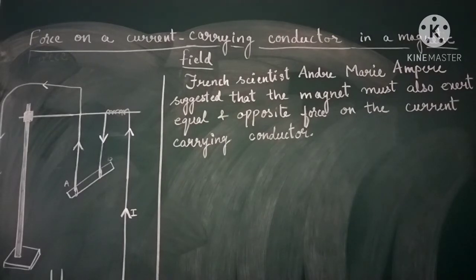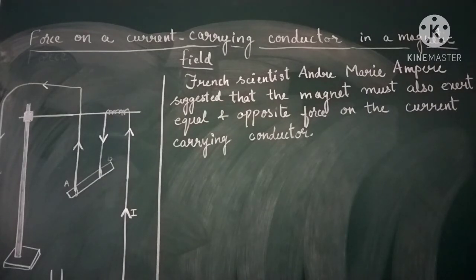Now the same thing got just reversed here. André-Marie Ampère thought that the reverse should also be equally true. That means that whenever a current carrying conductor is placed in a magnetic field, then the magnet should exert some force on the current carrying conductor. Children, this was a very remarkable beginning, after which many electrical equipments were based on this particular theory.